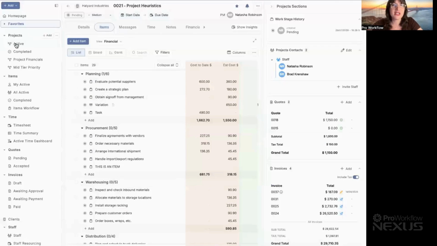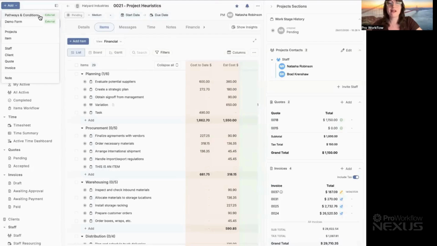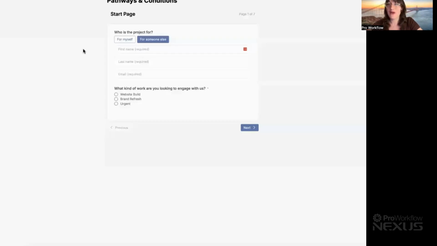So if I open up a form that I made in advance, I can see that by hitting the add button, and then you see I've got pathways and conditions just up the top here. So this is a form that I created in advance. Think about it like, I don't know, I guess a cooking channel. This is a cake that I made earlier. And later on in the webinar, we'll make one together. But that kind of helps with the time setup and watching me awkwardly type my way through this. Okay, so